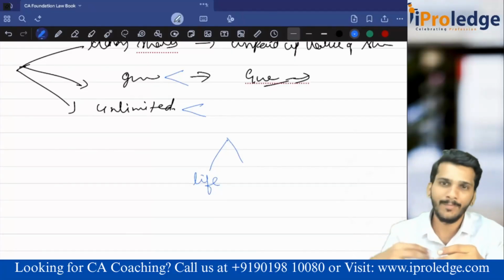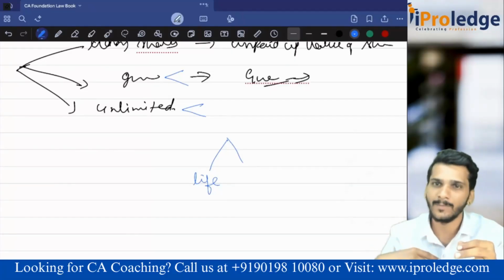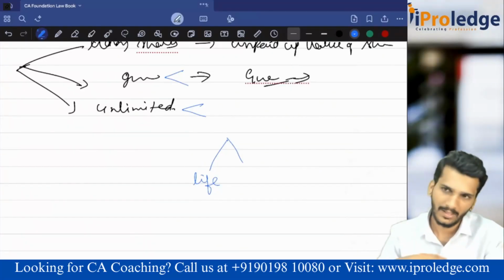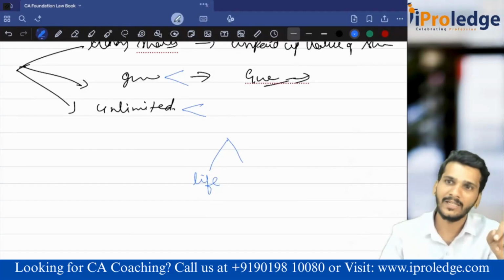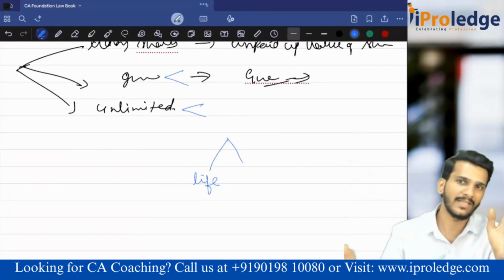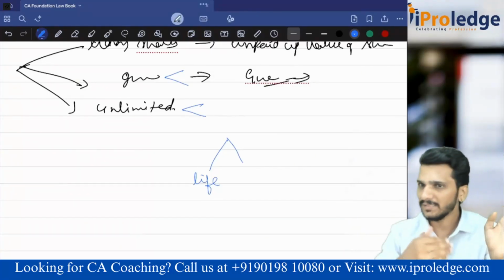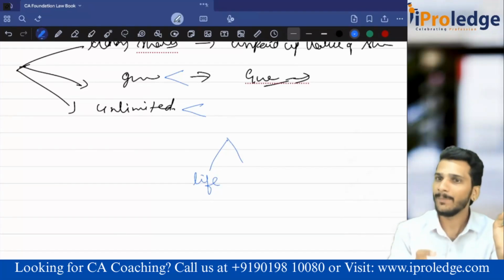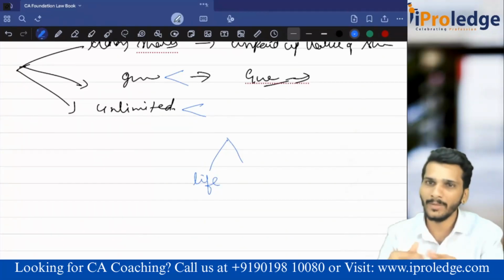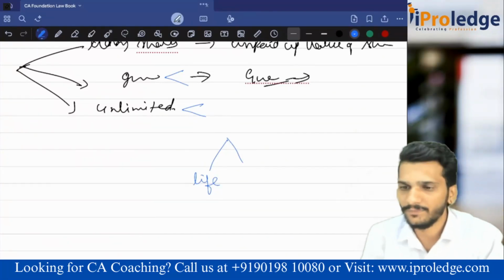Whether members come, members die, members get admitted, members retire, members go out, insanity, insolvency, everything can happen. It will not affect the existence of the company. That is why it is a separate legal entity. The existence or removal of a member does not affect the existence of the company. And because they are going out or coming in, it will not affect the perpetuity of the company either, because the company is a separate entity by itself.